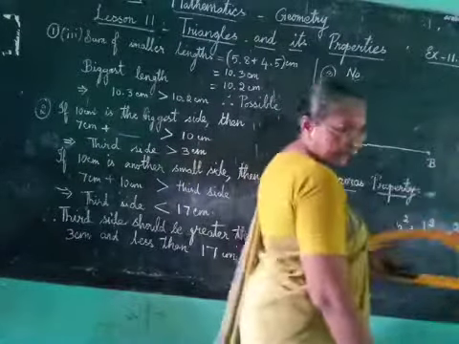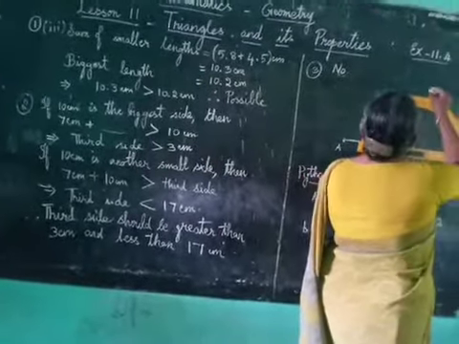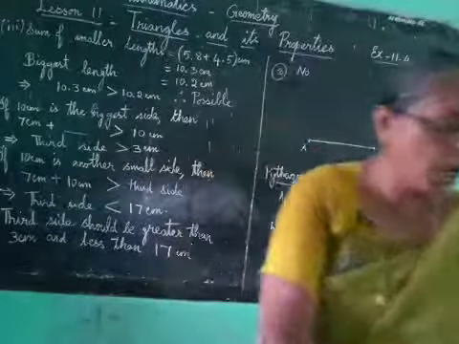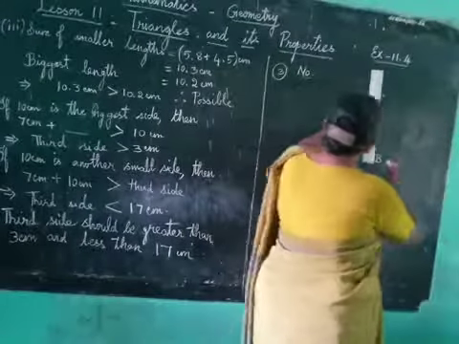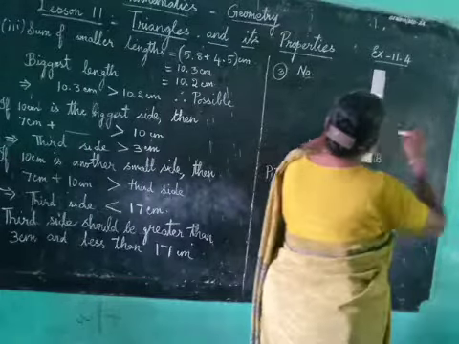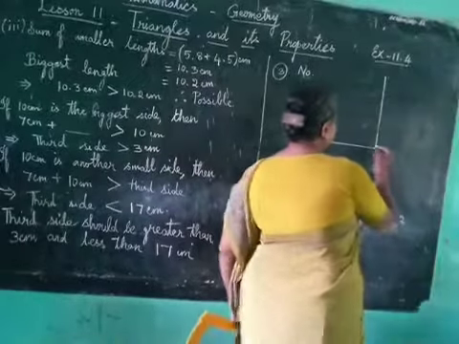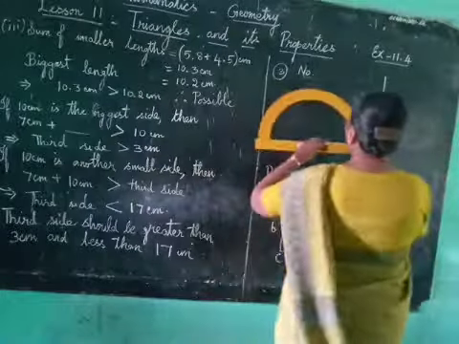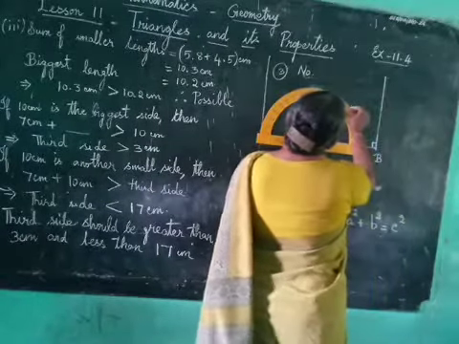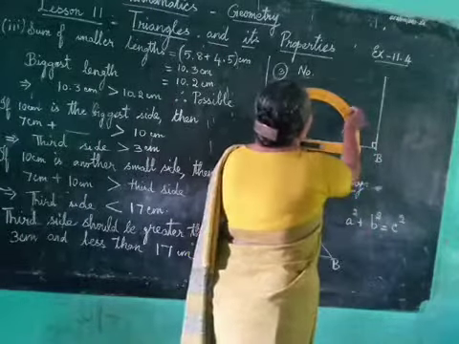And at B, I am going to draw 90 degrees. Suppose we draw 90 degrees here. I am going to draw the 90 degree line. And I am going to take another angle, 45 degrees. At A, we will take an angle of 45 degrees, somewhere between 40 and 50.